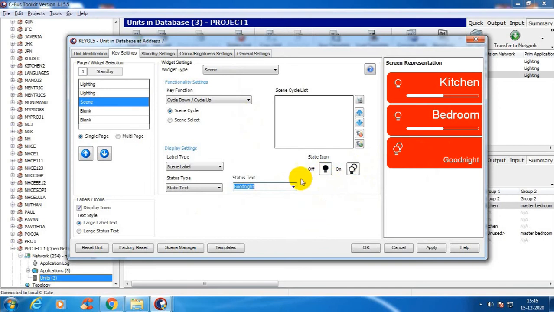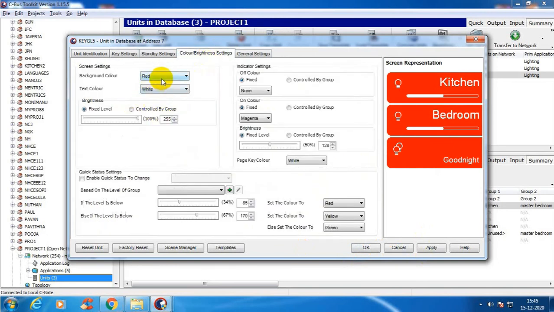You have chosen these two. And color brightness, I have already explained how to choose everything. So red is the background color and white is the text color that we have chosen. Okay, everything is fixed only, it is not changeable, one of the fixed colors.